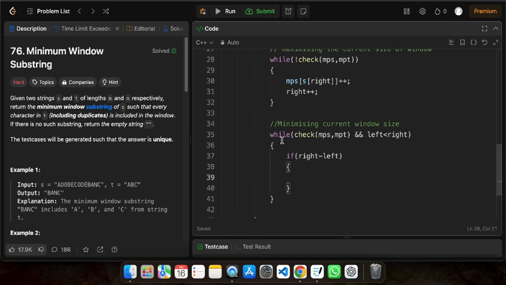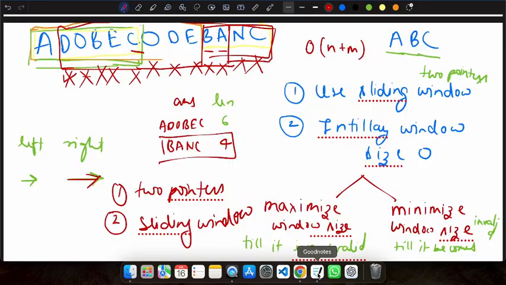We'll check it before doing anything because we have to note down our answer here. The current state of our substring is valid, so we'll find out the length by doing right minus left. Why are we not adding 1 here? There is a reason. See,